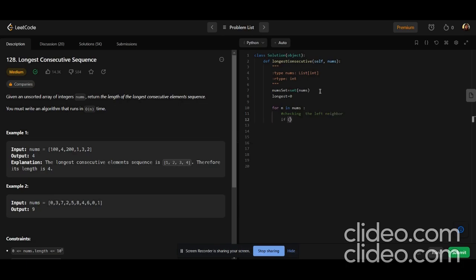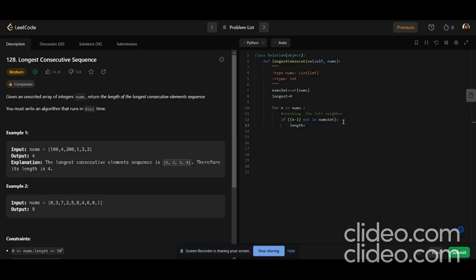So checking whether that number has a left neighbor present in the num set. If it is not present, not in,